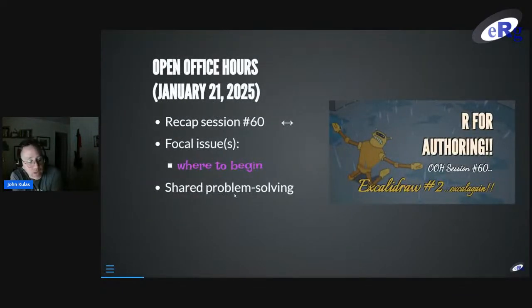And so we just hang out for an hour. The metaphor, analogy, whatever you want to call it, that we use is kind of an academic one of office hours. And so we just stay here for roughly an hour. And if anyone is interested in trying to figure out how to use R as an authoring platform, we're here to help.